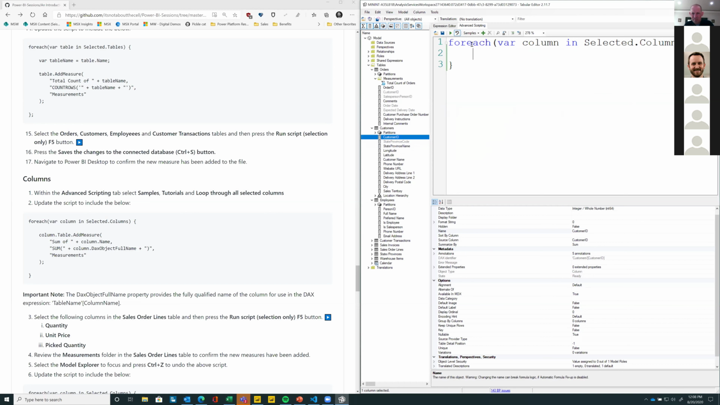Reading the code again, I'm starting to break the problem down. So for each column that I select, store it in a variable called column. All right, so let's do a column. And we'll do the table that it's stored in. Then we're gonna add a measure,